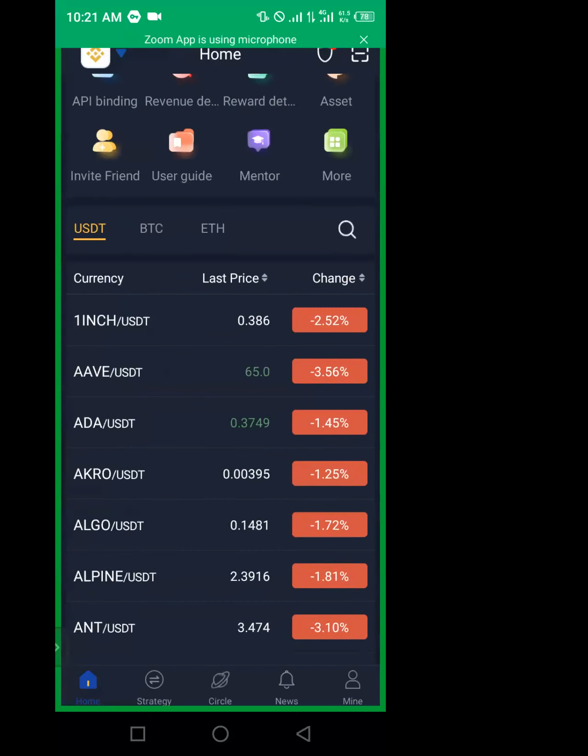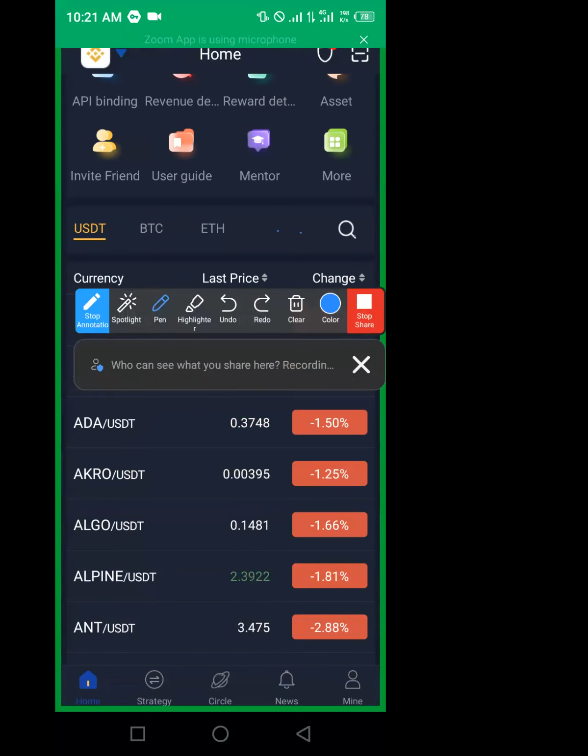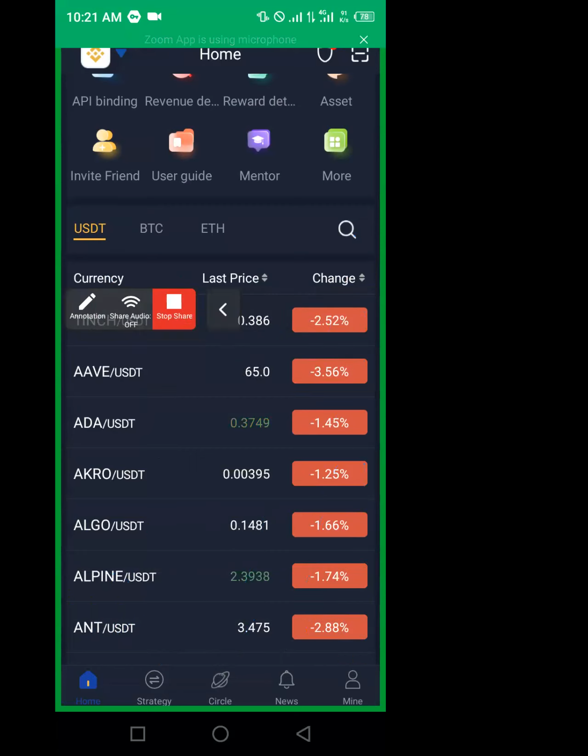We have these things here. We have the home, the strategy, the circle, the news, and then mine. This is what I'm talking about. So those ones are very, very important. Home page, we are there right now. And now when we go to,